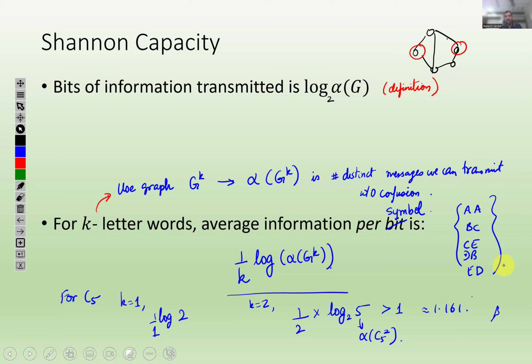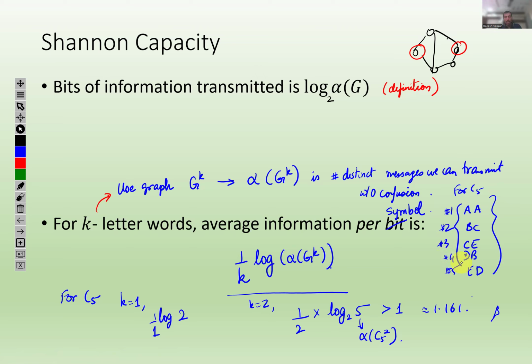So these are the 5 different messages that I can transmit by using the channel twice, right? For the C5 graph with the vertices labeled A, B, C, D. That's the convention I've been using. So this means that if I want to send message number 1, I'm going to send A. If I want to send message number 2, I'll send BC, message number 3, message number 4, message number 5,